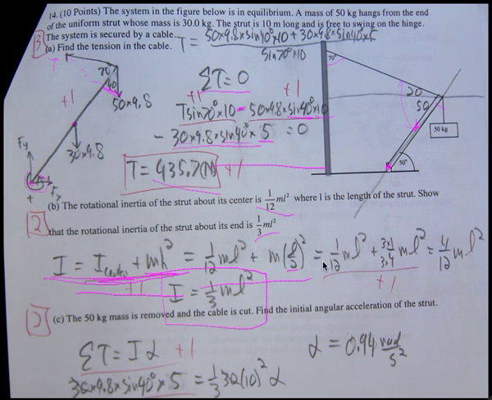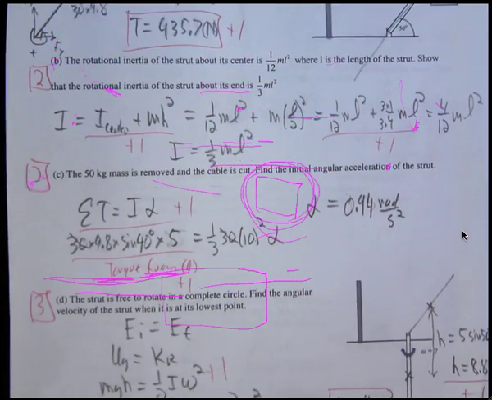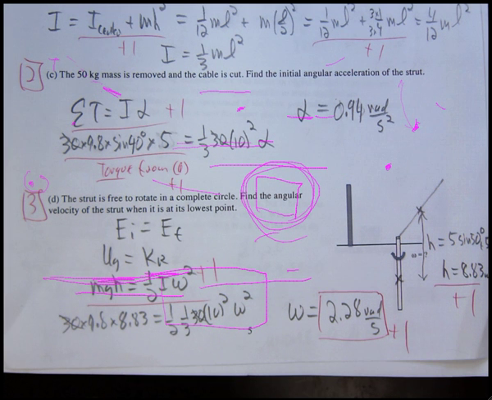And you should know how to do this for the AP test. There's a calculus way of doing this. You can look it up in chapter 11 of your book. But if you know this, you can use the parallel axis theorem. It's way quicker. You get full credit, and you can figure out the rotational inertia about any point on a rod. And so this is a great thing to have in your calculator, so you can use the parallel axis theorem to get the rotational inertia of a rod about any point. And we wanted to get that for the next parts